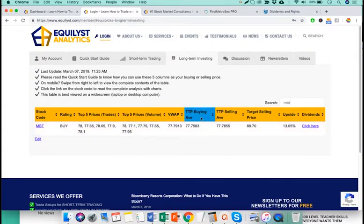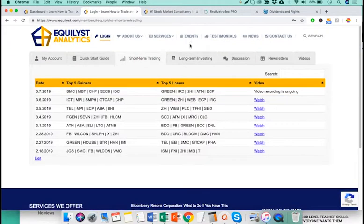These columns here. Okay, please read the quick start guide so that you can relate better to me when I say these columns. Okay, read the quick start guide. Now that's it for MBT. Now let's move on to